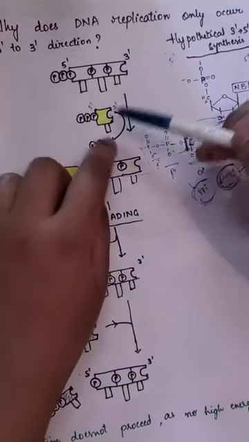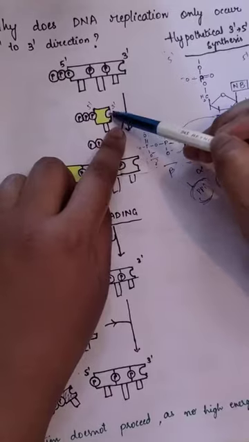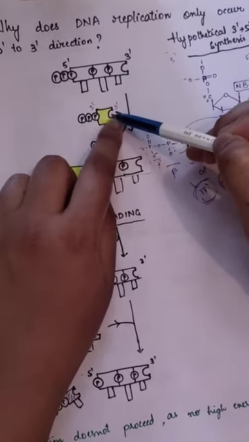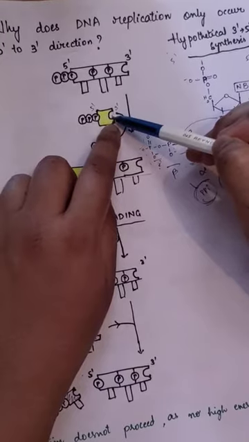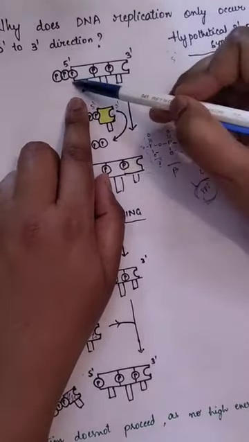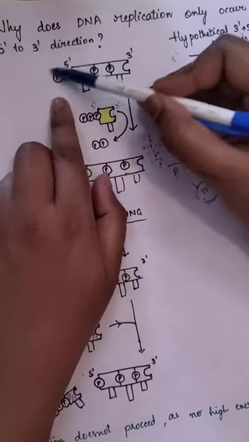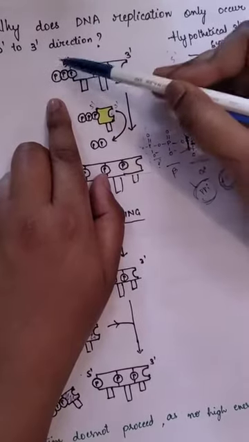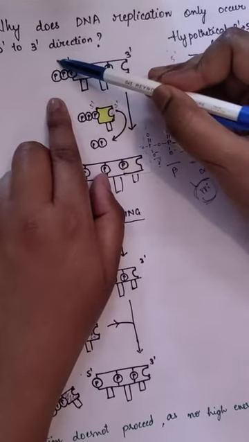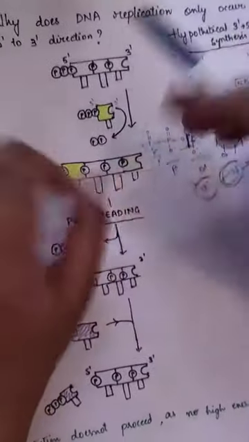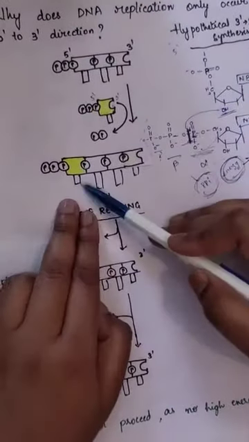The answer to this question is the incoming nucleotide. It has a 3' OH. The oxygen of this 3' OH acts as a nucleophile, and it attacks the alpha phosphate of the already incorporated nucleotide, and the beta and gamma phosphates are released in the form of pyrophosphate, and the energy is released. And here this energy is a driving force for the replication in the 3' to 5' direction. This is fine. This is energetically favorable. The nucleotide got incorporated. Fine.